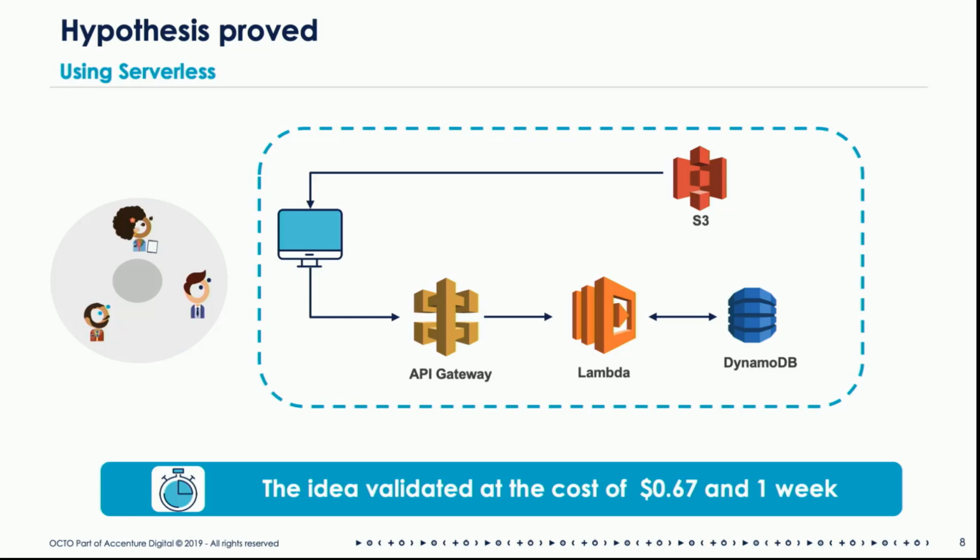And boom, it worked. We were able to validate that we could do something really nice and meaningful around geolocation. And the good part is we were able to validate this whole idea with serverless within $1 and within a week. So we chose to go ahead with this idea, and we also chose to go ahead with serverless for the MVP,